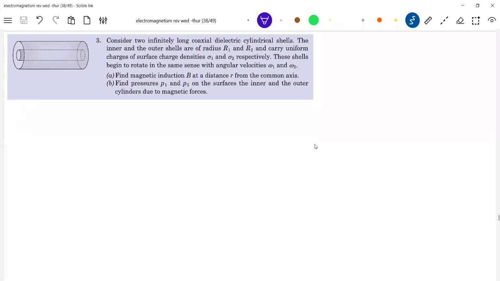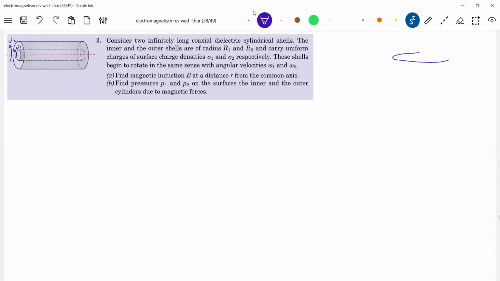Both are rotating with the same angular velocity, with omega 1 and omega 2, about the axis they are rotating. Different angular velocities they are rotating. Okay, I think first we should have a certain idea about rotating things, so how to do that. So I'll begin with the diagrams here. Let's have a small diagram.